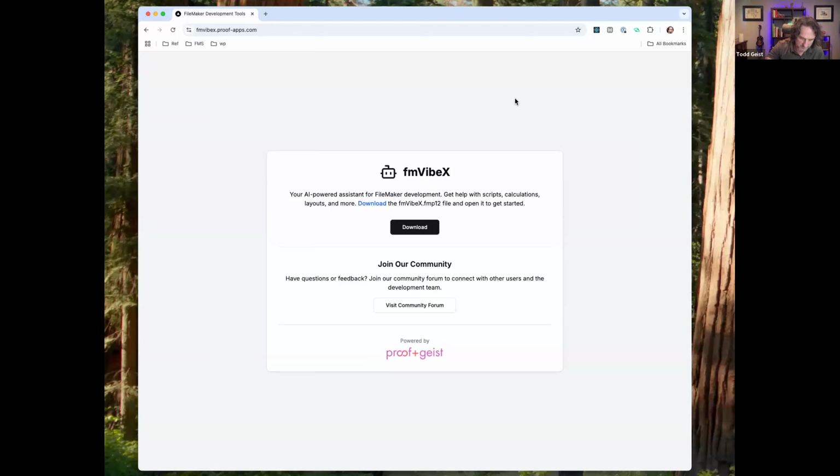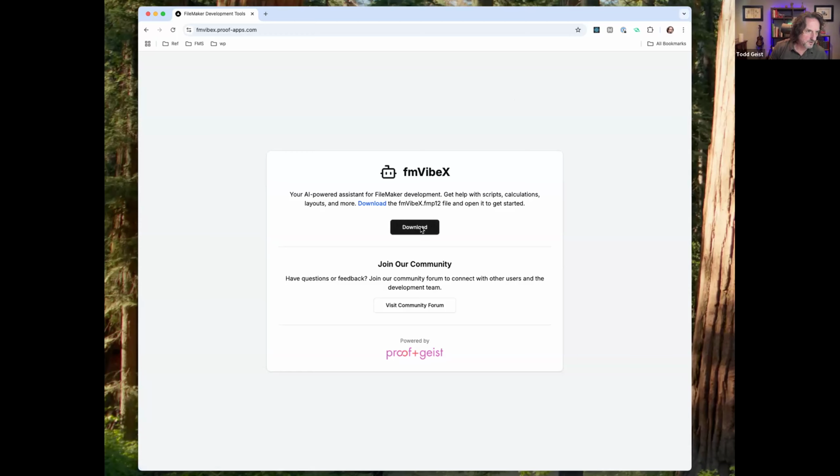Claris is working on this, and they know that this is an issue, and they are working hard on adding these kinds of tools to the platform, and hopefully we'll see some of that bear fruit very soon. But I expect that everything that I'm doing here, they will attempt to replace in the platform. And I don't think this is a tool that should be charged for. This should be free. It should be part of the FileMaker platform. And I'm going to try to do as much as I can in the user space. Other people are doing similar experiments, but this is sort of my approach to it.